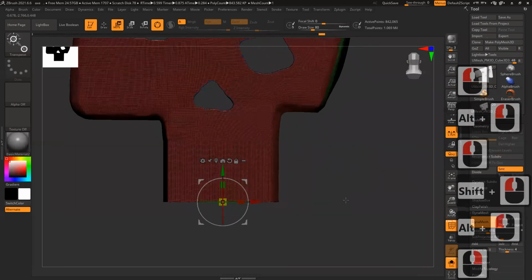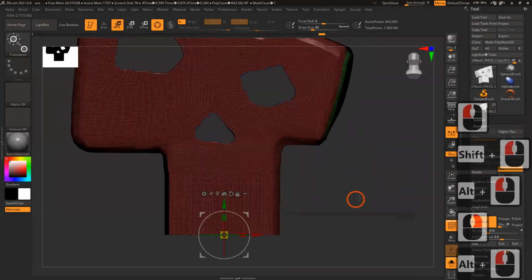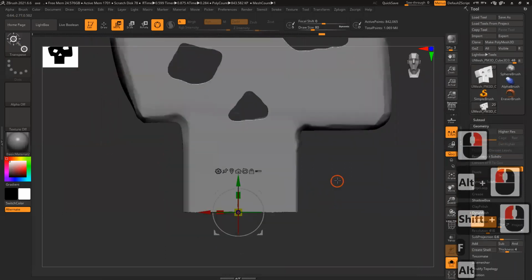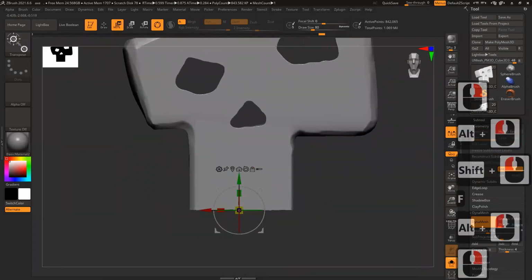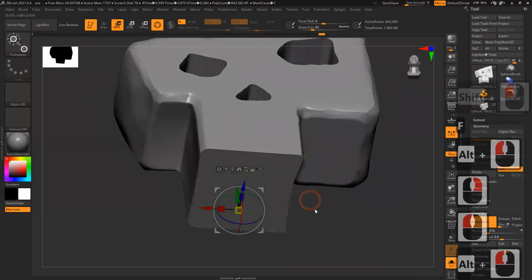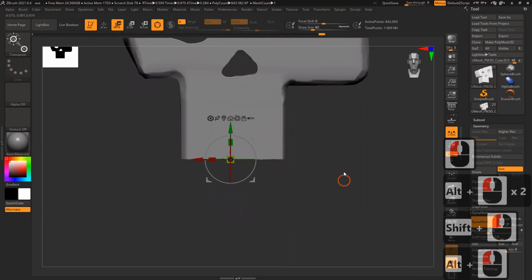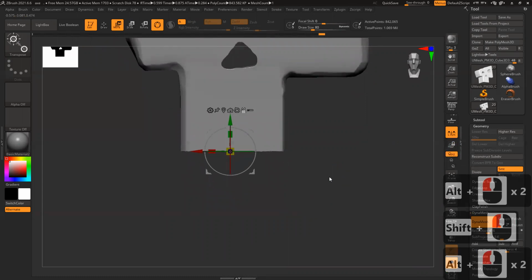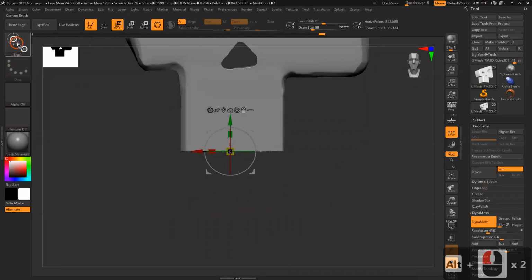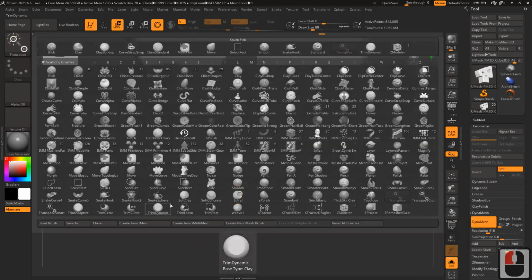Okay. So now I'll create the basic structure. Shift F, F. I remove the teeth part. Let's see. There is another brush called Clip. Clip Circle.